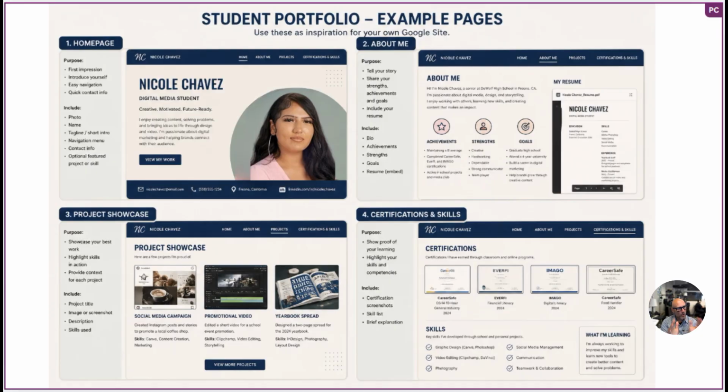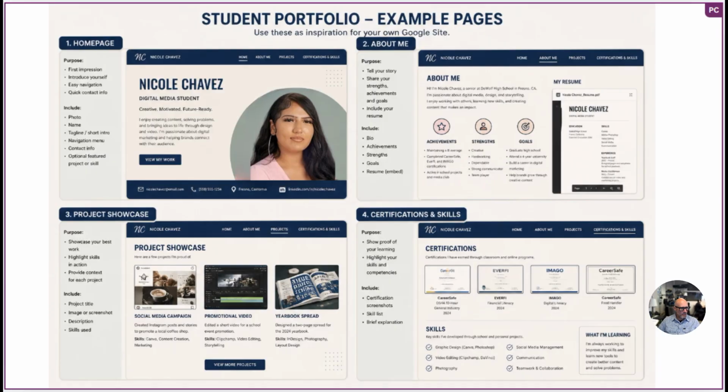This one is a part 2. Part 1 is already there on Google Portfolio. It shows you the 4 pages, and shows you how to get your certifications on, because that was kind of the easiest part to do. This time, we're going to walk through the different pages that were not addressed. So you've got your home page, your About Me page, and your project showcase page. I'll show you an example of what things could look like, should look like, elements that should be there, and so forth. So on the Google Classroom assignment,